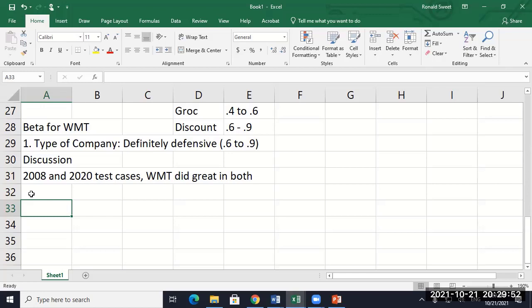Most people think of Netflix as a consumer discretionary, but it's a consumer discretionary that people don't give up on. It's a cheap way. The thing that's amazing to me is that people still buy cable, because cable to me is so ridiculously expensive, and Netflix is a cheap alternative. And people don't normally cancel cable during a recession. It's one of those things you just keep going and keep going.